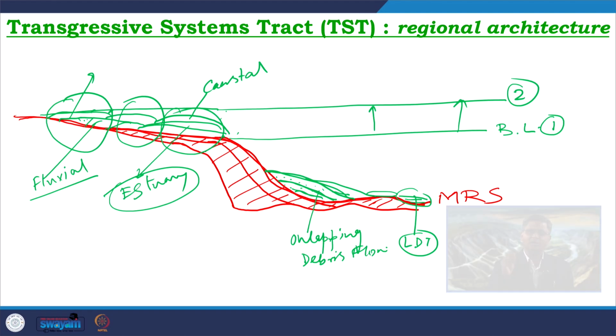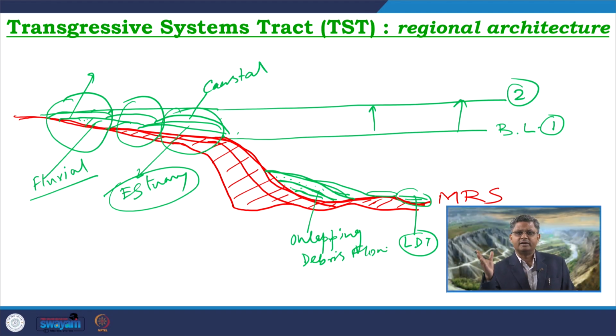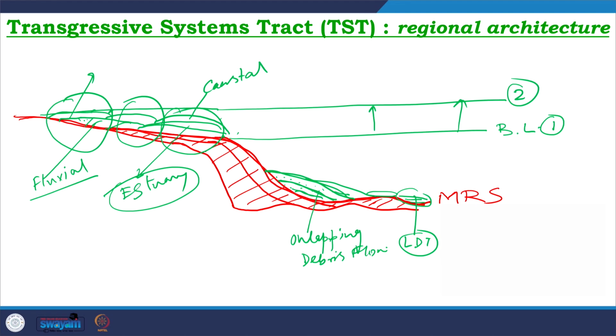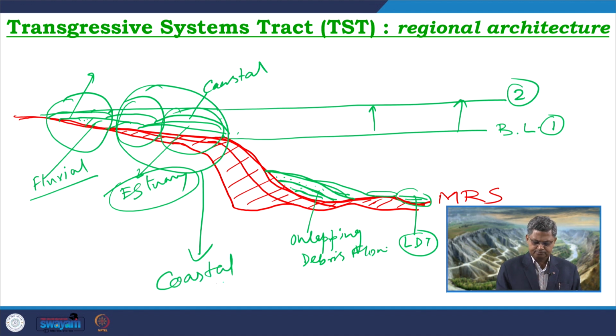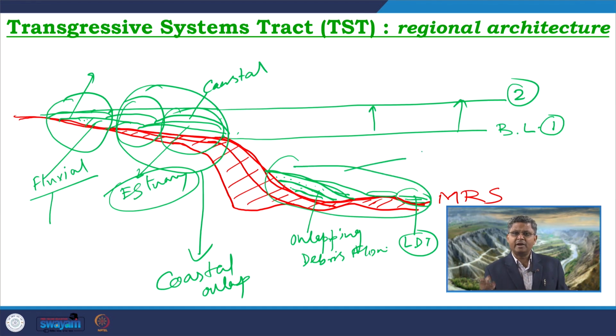We are getting this third area where we get onlap of the marginal marine systems over the earlier deltaic system, producing estuary. That estuary may be replaced by the coastal systems itself, the strand plain deposits or shore deposits during the late phase of the TST. So, we can find that a major transgression is going on over here, which we can call the coastal onlap. We can get a fluvial onlap which is going on dominantly in the fluvial part, and a third onlap is going on in this area, which is the deep marine onlap, or we commonly call it simply marine onlap.